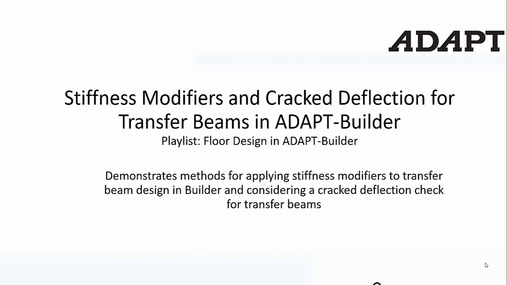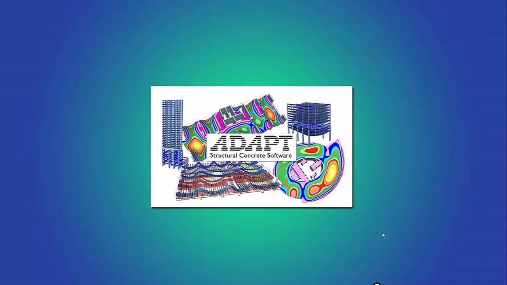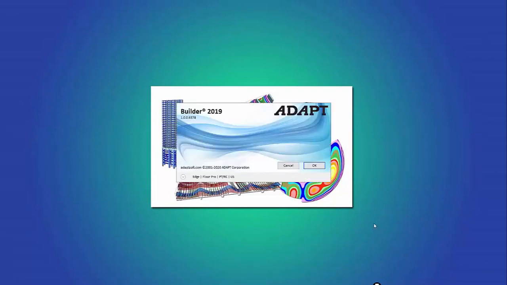And we're going to go ahead and use Builder 2019 beta for this video. This is similar in process to Builder 2018, so there's no real change in how both versions of the program consider this. We're going to go ahead and just launch Builder. We're going to create a